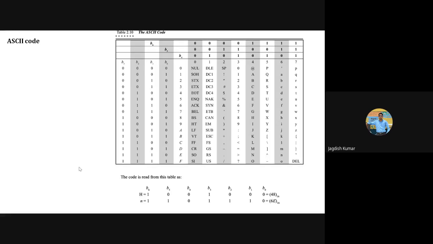Then there is one very popular coding method which is called ASCII, and most of our devices now work on this ASCII based coding. So basically, what is this code, or what does ASCII stand for? Is anyone aware of what ASCII is? Yes, anyone of you, if you are aware of what ASCII stands for, write down the full form of ASCII if anyone is familiar.